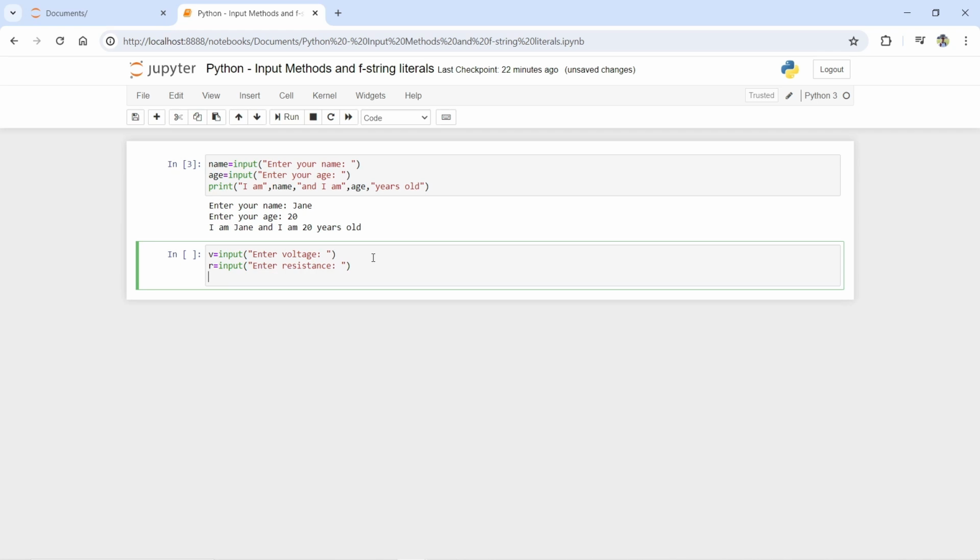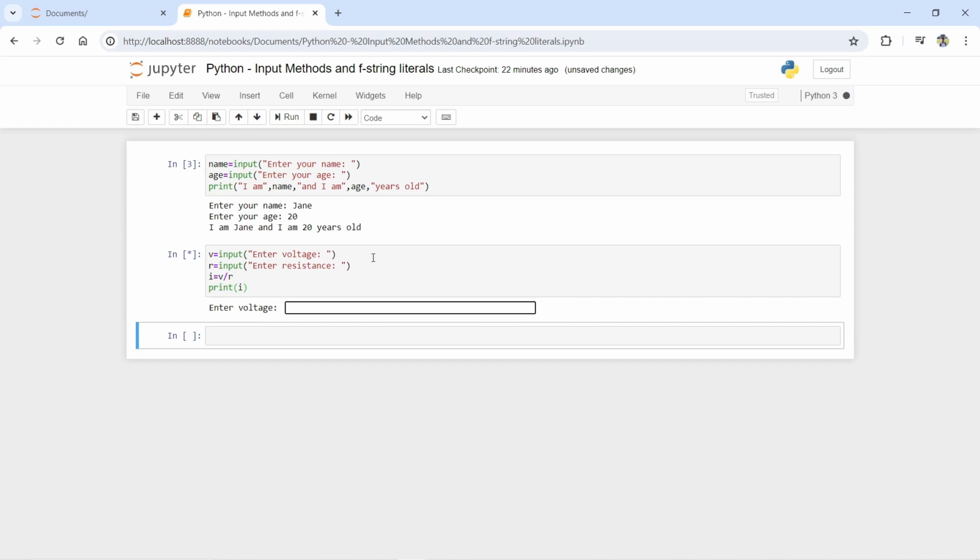Okay, and then we can calculate current I is equal to V divided by R, and then we can print I. So when you print I directly, you will get an error.